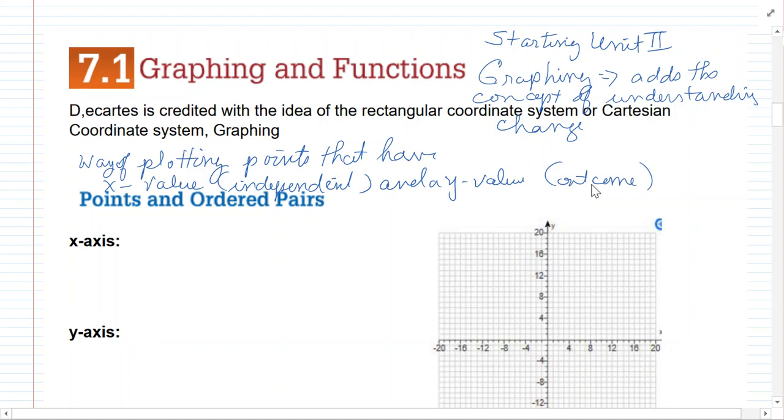So plotting points will construct a tendency of relationships of a specific topic,